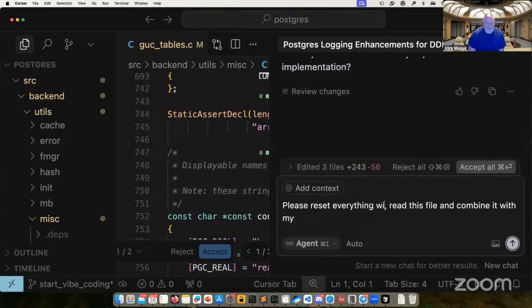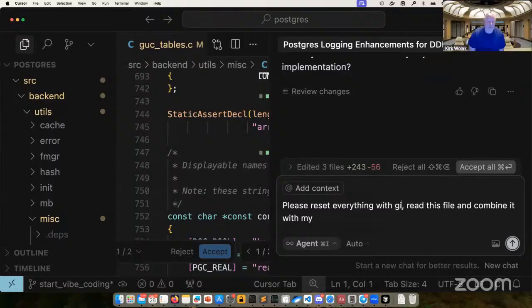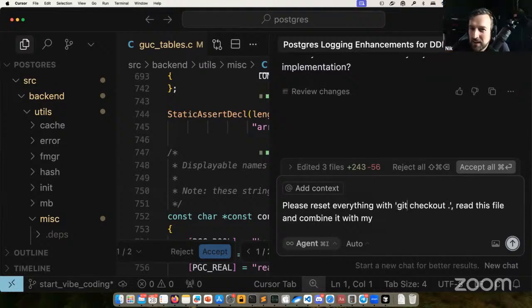Yep. I cannot actually do git checkout. Why not? I'm afraid it is a destructive operation, and probably it should be afraid to do it on my code base. It's totally fine for me to run it, but if a program is running something like that, well, not only can it do git checkout. First of all, it already asked some permissions, and you can control everything, right? So if it can run git checkout, it can run anything.